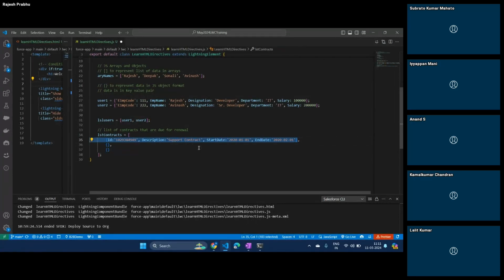Support contract, let's say this is service contract, this is workforce, it's called proposal contract. I can just have other IDs as well. So this is how you are able to use arrays and objects together to manage bulk data in lightning web